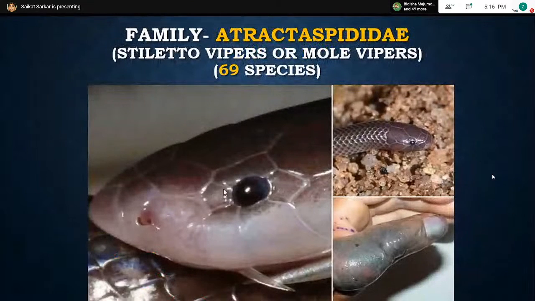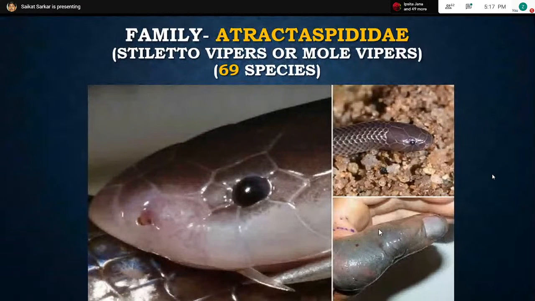Now this is the Atractospididae, stiletto vipers, mole vipers. This is a very interesting group of snakes. Why? Maybe you can call them nature's freak, because these groups of snakes do not actually need to open their mouth to bite you. They are called backbiters, truly backbiters. Without opening their mouth, they can bite you pretty well, and their venom is very disfiguring, very disturbing, and